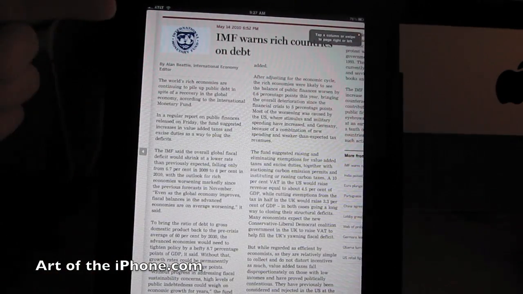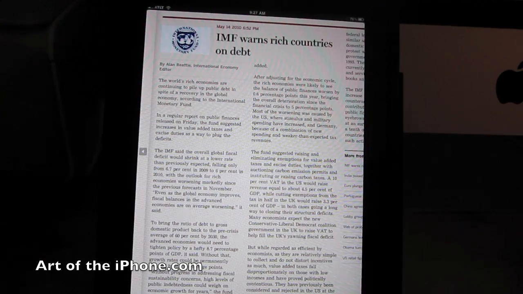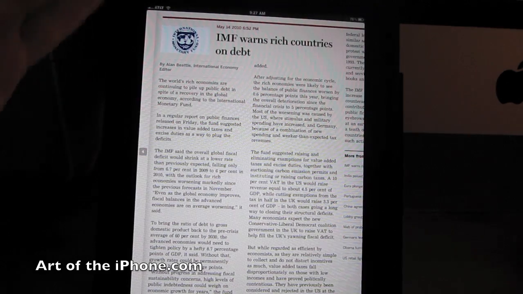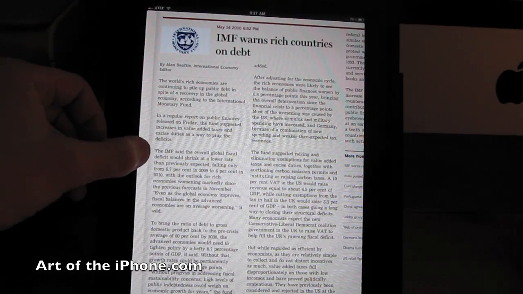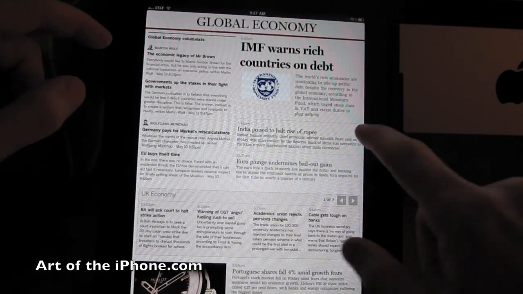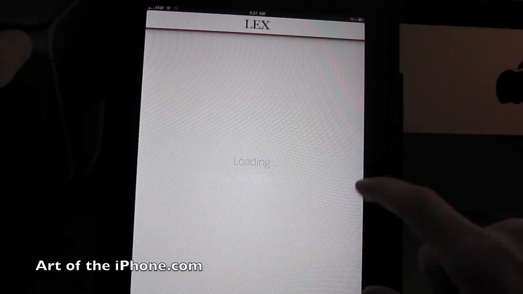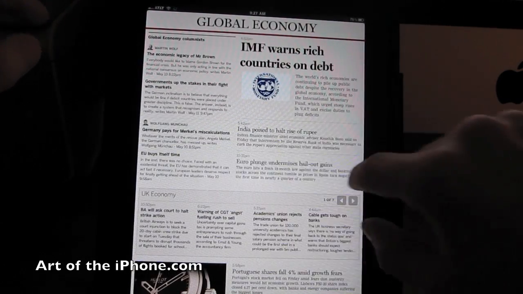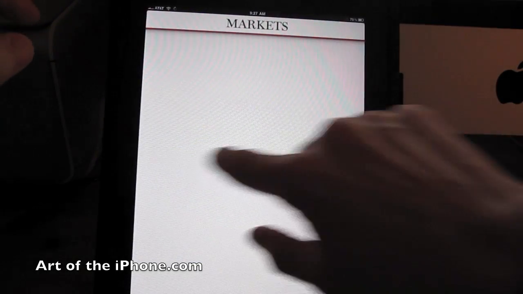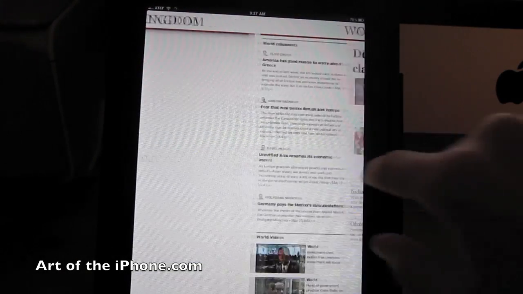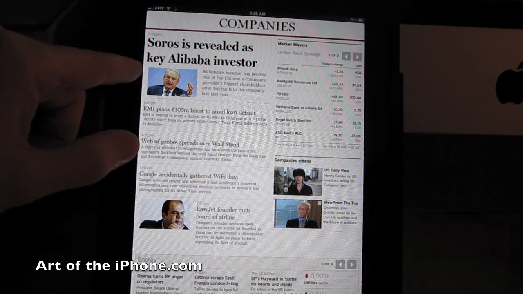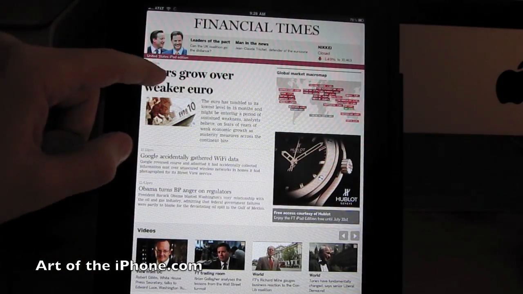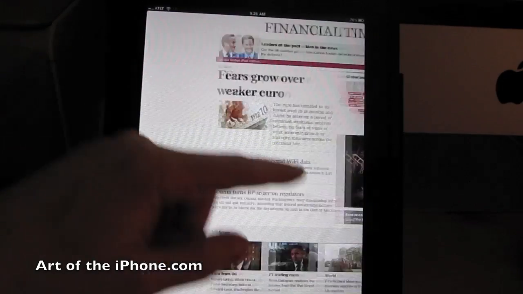It's kind of cool that, if you've ever seen the Financial Times newspaper, it has that pinkish cast to the paper, and it's recreated here. You can also scan through the sections by just swiping left and right. It's pretty chock full of content. My only complaint is that sometimes the articles appear in multiple sections, so some of the stuff gets kind of redundant. But